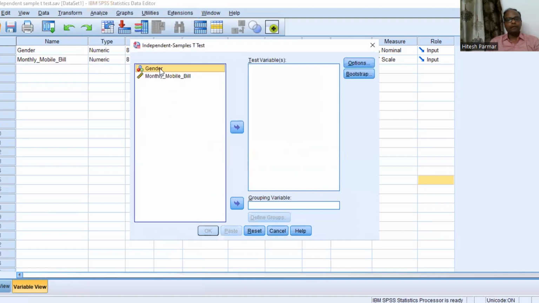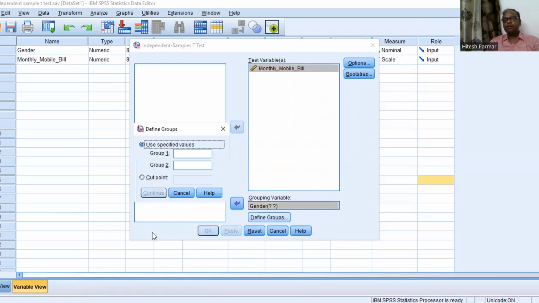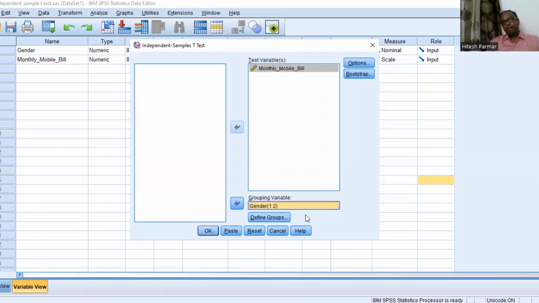And then we have gender and monthly mobile bill. So we need to transfer gender as a grouping variable. We need to transfer monthly mobile bill as a test variable. But still this define groups is not active. So we need to click here on gender. Now it is active. We need to click here, define groups. And group 1 is 1 and group 2 is 2. And then continue and then OK. So this is the process. And when we click on OK,